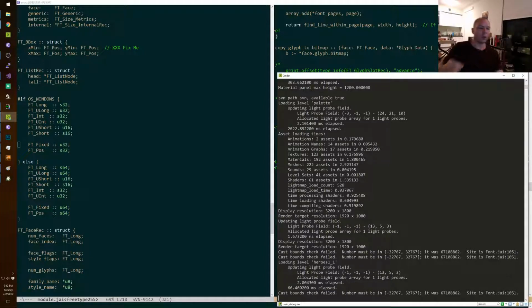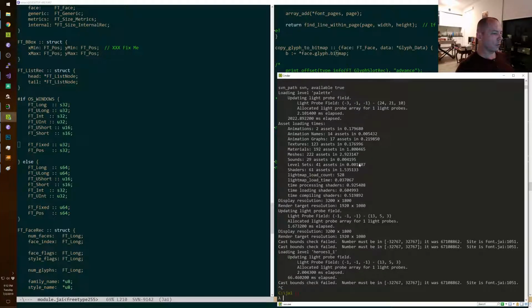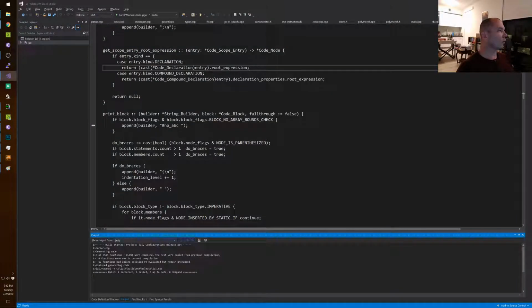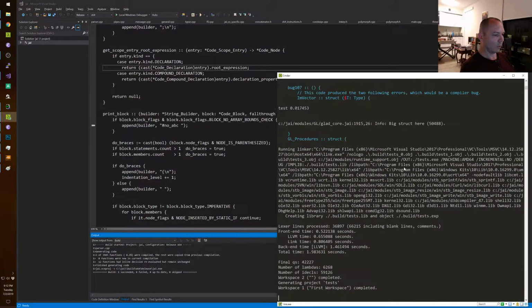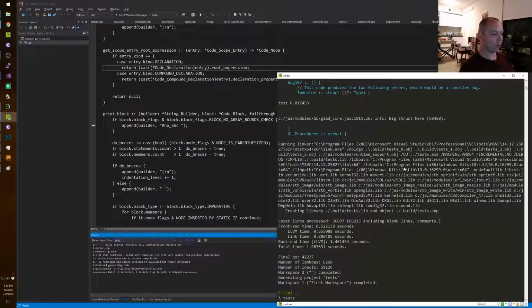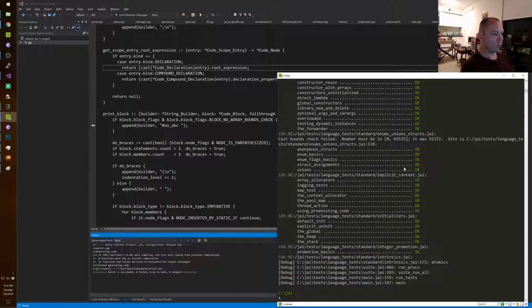Should I do that first? No. What I should do first is get rid of the to thing. Let's do that. Let's run the tests. Wait, are we even on the release compiler? Yeah. See if we get any cast bounds failures on the tests, actually. Forgot to do that. Cast bounds checks failed. Whoa, and then intrinsics dot what?